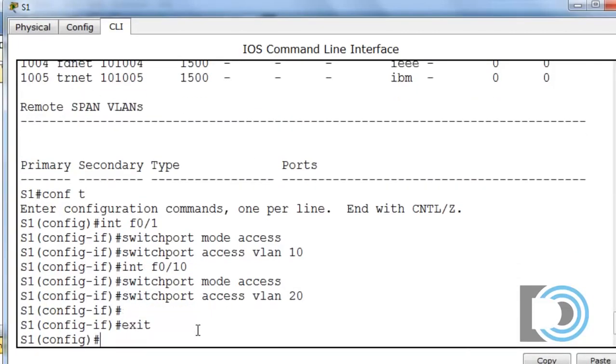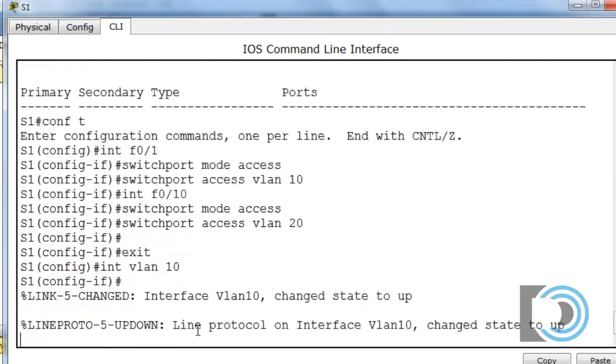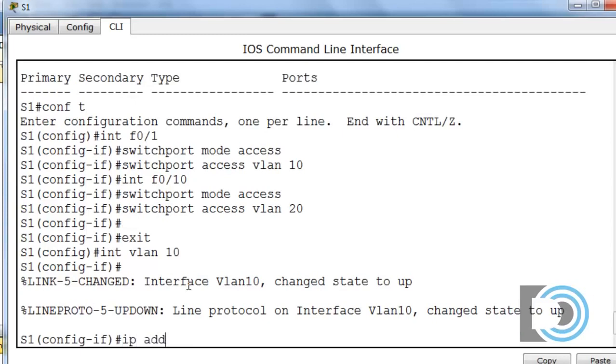and essentially to make the switch the default gateway for PCA and PCB, what I'm going to do is put IP addresses on the switched virtual interfaces for VLAN 10 and VLAN 20. To do that, I'll type in int for interface VLAN 10, and that will put me into the switched virtual interface for VLAN 10, and I can now type in IP address